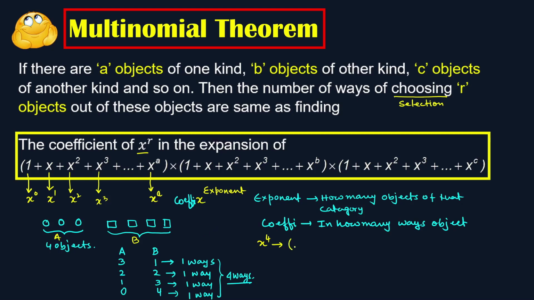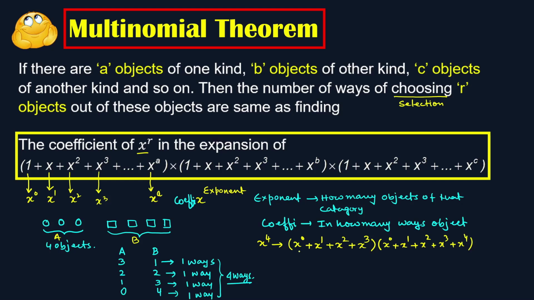I can select the object x to the power 0. X to the power 0 means I am selecting no object from this group. Or I can select 1 object, so it is x to the power 1. I can select 2 objects, so x to the power 2. Or I can select 3 objects, which is x to the power 3. Okay, this is for your category A. And what about category B? I can choose no object from category B, or 1 object, or 2 objects, or 3 objects, or 4 objects,